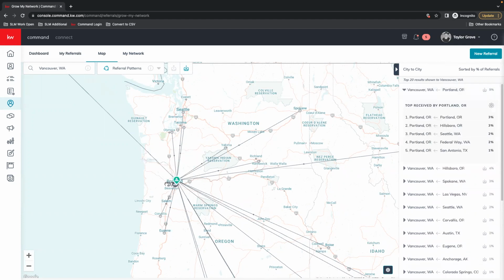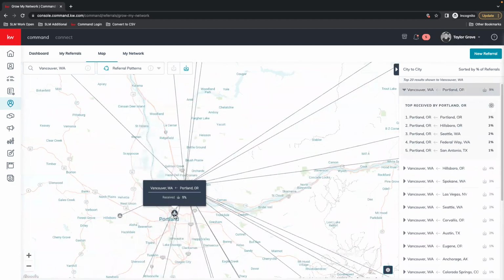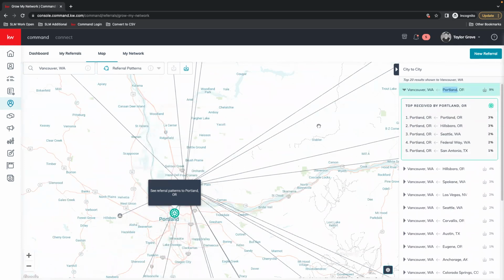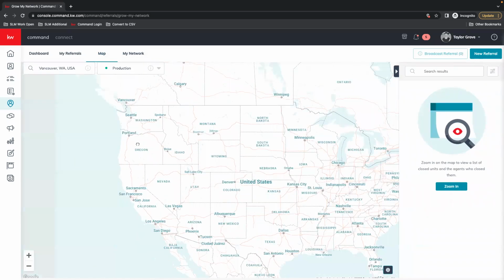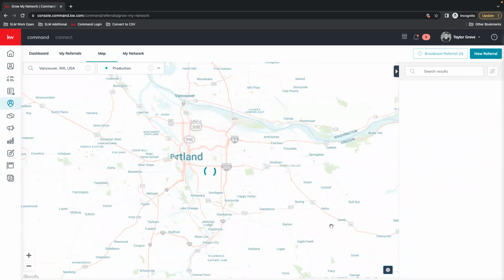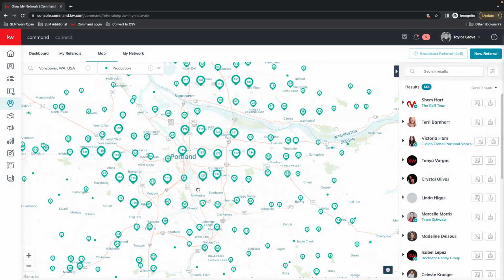So then let's say now you have a location where you can go back to production, zoom in, and try to create different connections based on those patterns if you'd like.